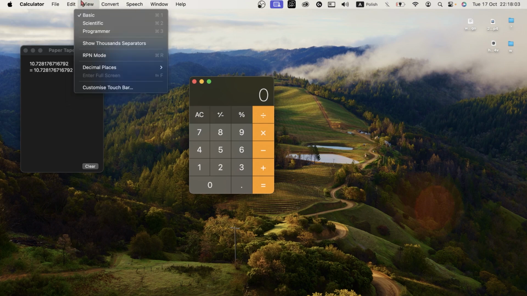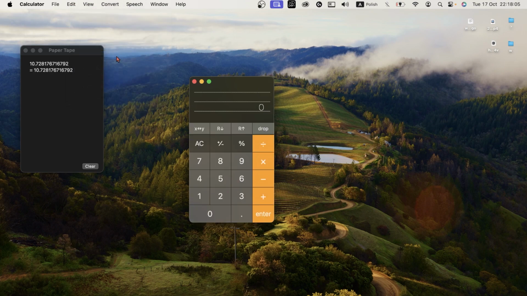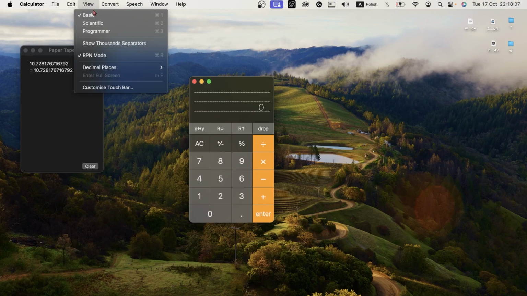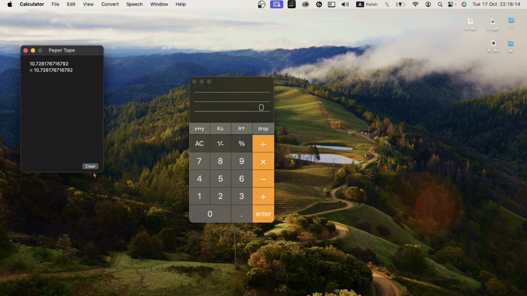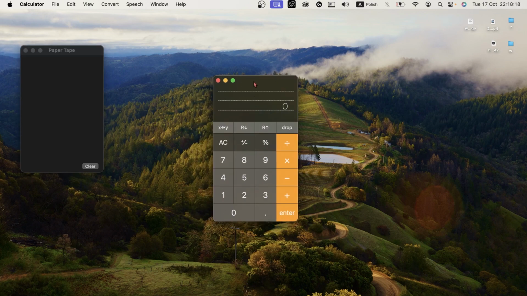So as you can see, it works great, and here we have RPM mode, here we have decimal places, here we can even customize the Touch Bar. So I think that the Apple calculator is one of the most powerful calculators we can have,